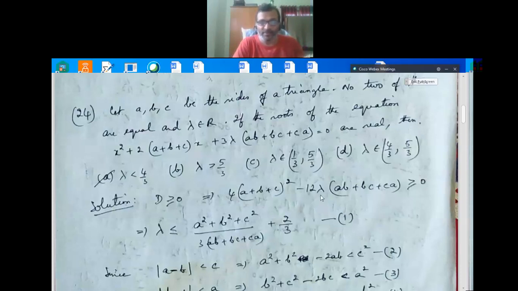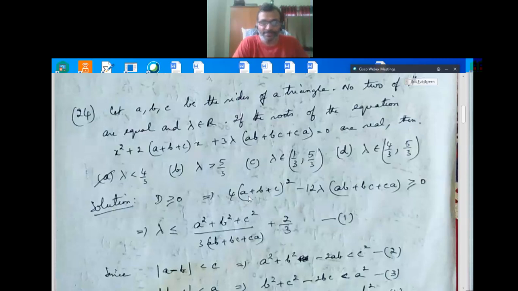I take lambda to the other side. So 4(A plus B plus C) whole squared is greater than or equal to 12 lambda (AB plus BC plus CA). That means lambda will be equal to 4 by 12. So it is 1 by 3. We get here as,